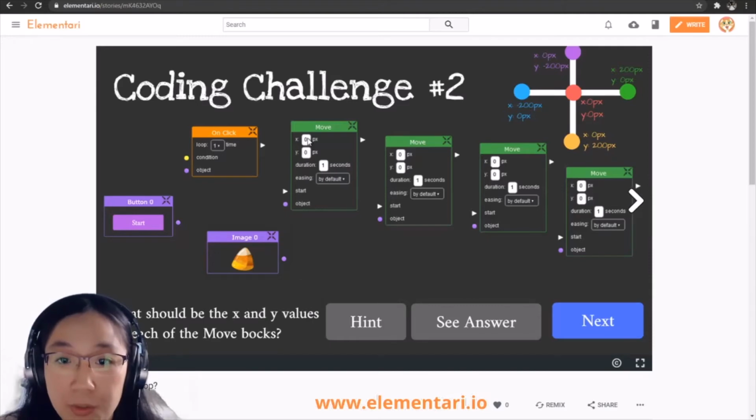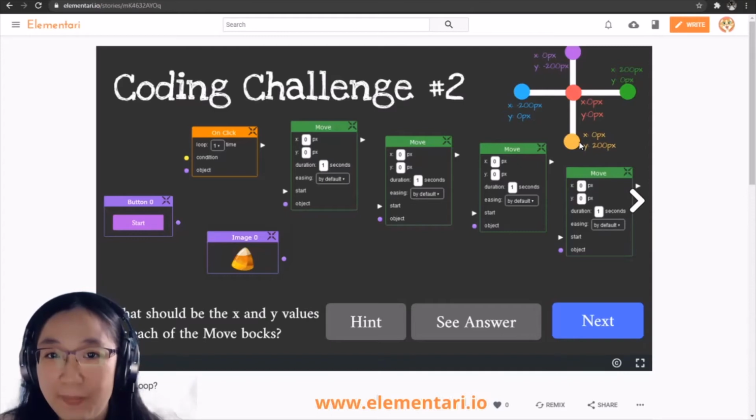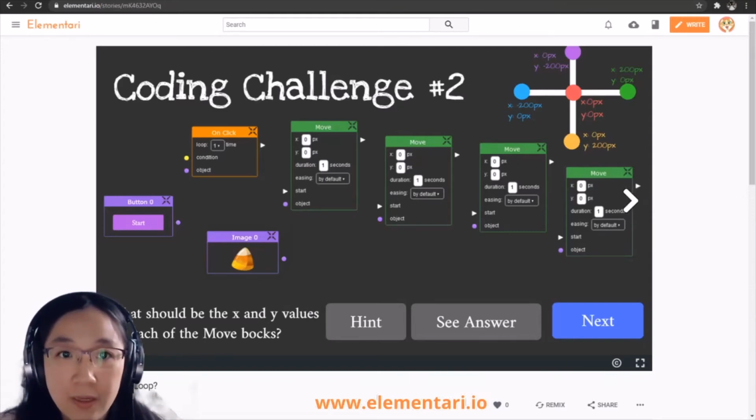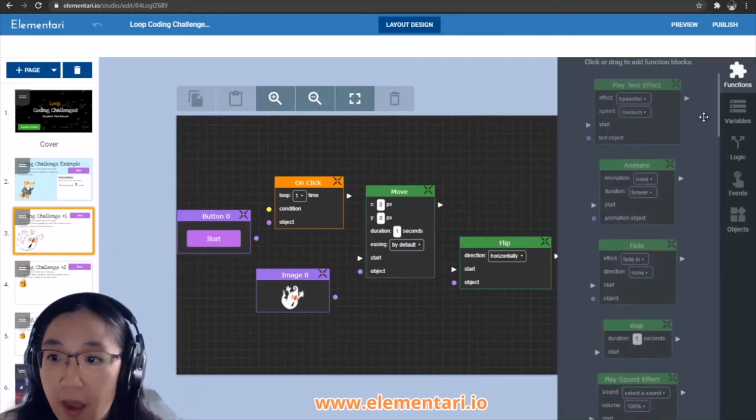If x is 200 pixels and y is 200 pixels, then the object moves to the right 200 pixels. It'll be where the green dot is. And if x is 0 pixels and y is 200 pixels, then it will move down where this orange yellow dot is. So let's take a look real quick at the student workbook, and I'll just show you the other